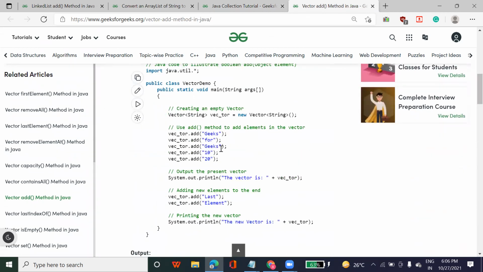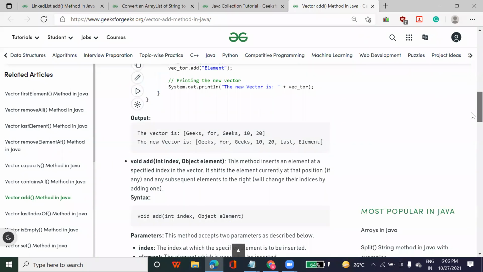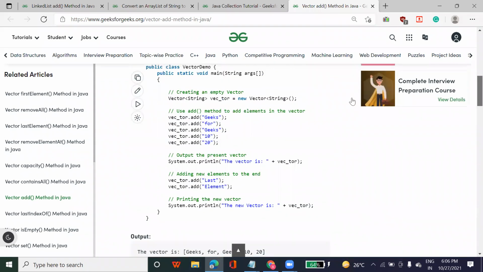If you can see here, the functions are exactly the same. Add, the only thing is that here in place of linked list, you have to use vector. Whenever you use a vector, it takes elements dynamically, so you can change an element anytime and add as many elements as you want. At runtime you can update an element and change elements. This is the reason why we use the vector, and the declaration is exactly the same as I have shown you for the linked list. The only thing you have to change is this vector.